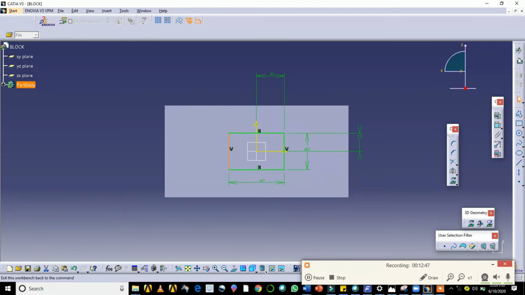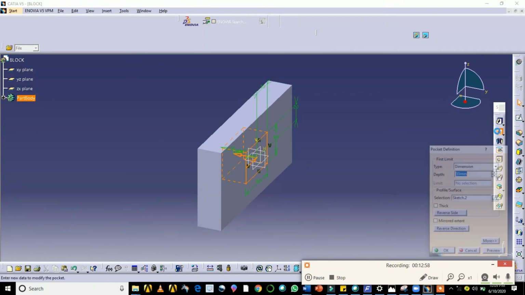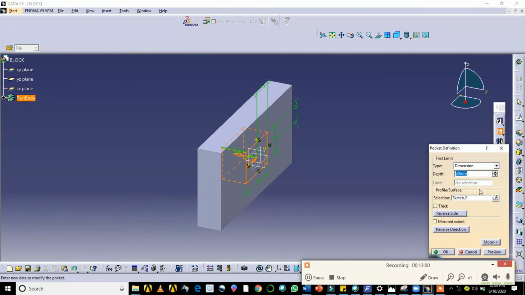So what I do now, I'll exit from the workbench. I'll click here. Now I'll choose this command, the pocket command. The total thickness of this is 30.